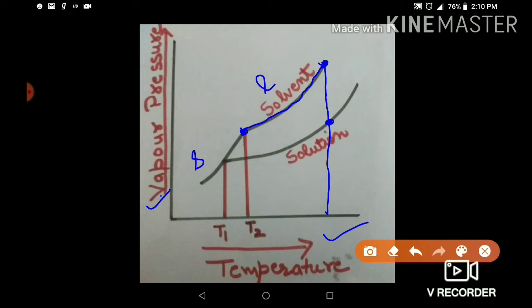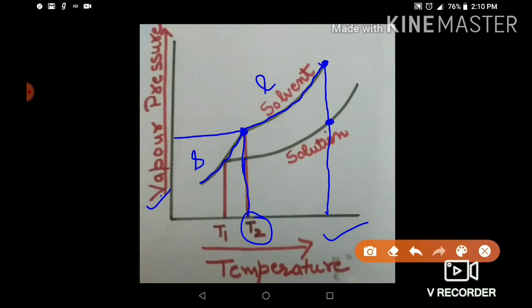So now on further decreasing the temperature of the solid, the vapor pressure will further decrease. But this point where liquid changes to solid, this temperature is the freezing point of that particular solid. So in this case, this temperature is T2. Whatever the volatile solvent, water or something else, the freezing point shown here is T2.